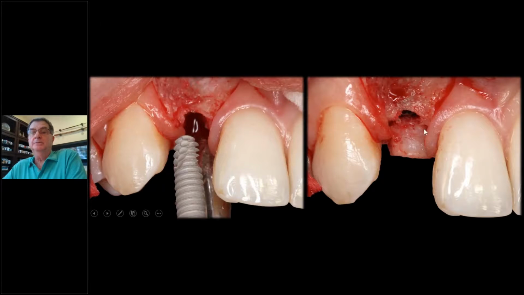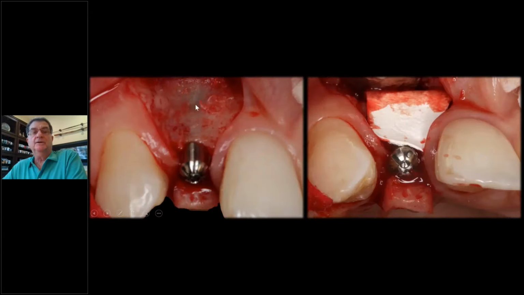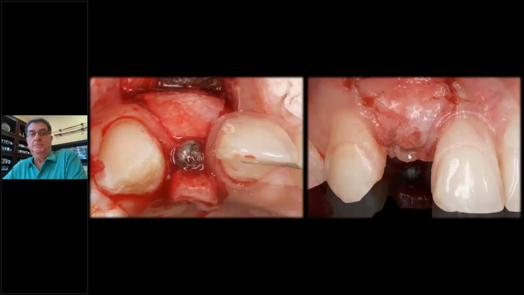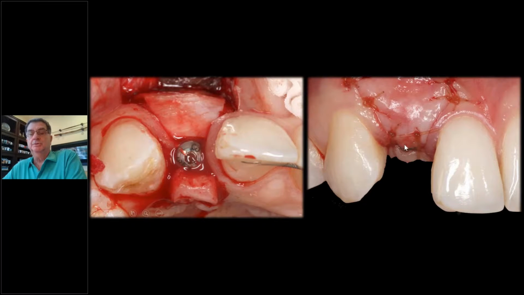Place the implant in. In this case, it's too thin here. We're going to build it up. Went to the palate. I placed the graft in and a membrane over it. Here's the graft. There's the membrane over it, and that's what we do. And now I can pull this over, suture it over, as you see here. Stage 1, stage 2, again, one surgery, one time on this healed ridge.